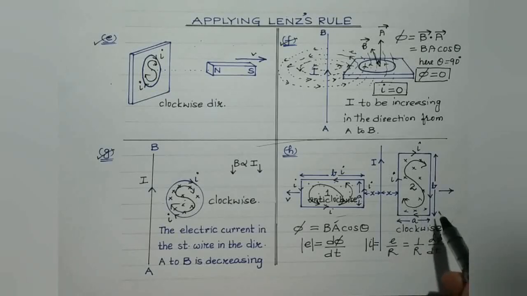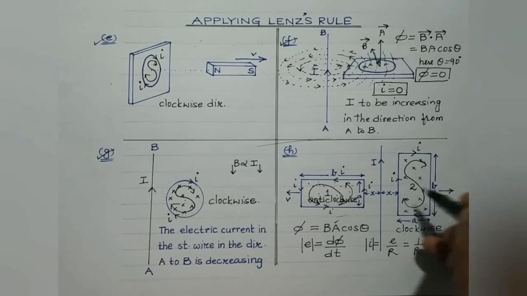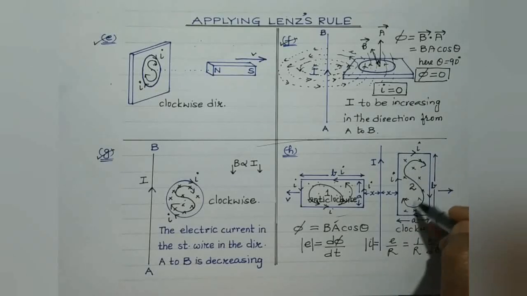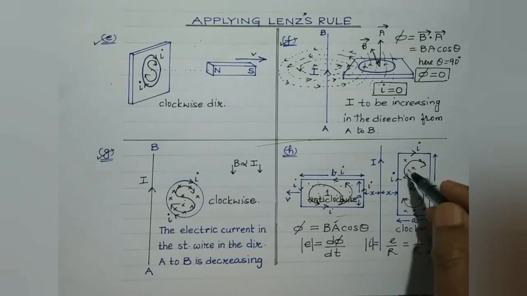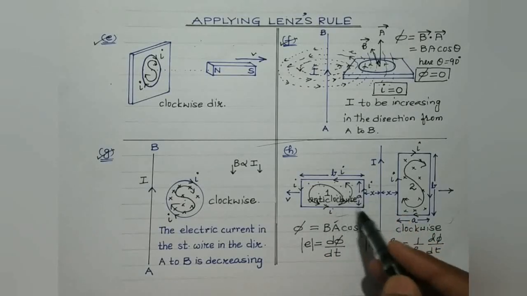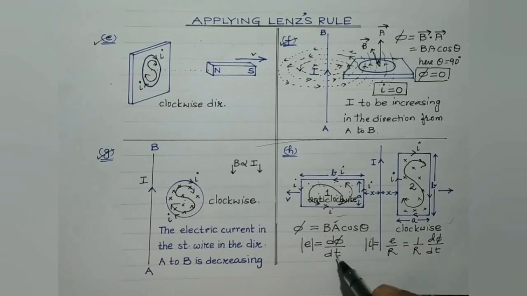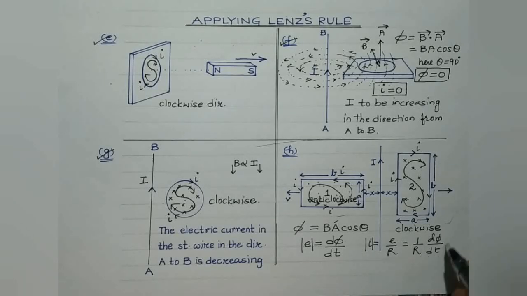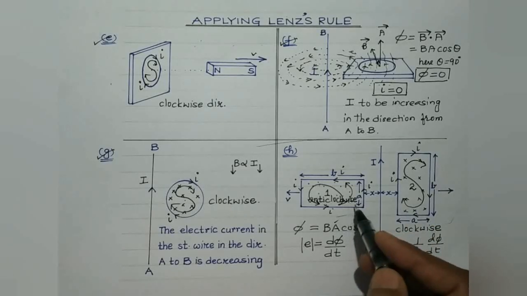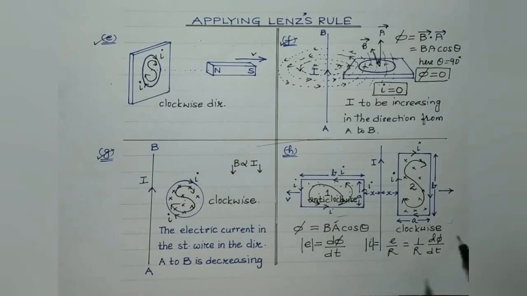It is because the rate of change of magnetic flux through loop 2 is greater than that through loop 1. Because consider this, as the loop is taken away from here, the effective area which comes under the influence of strong magnetic field gets changed. That area is larger. So more flux changes in lesser time, while in this case less flux is changing during the same time. So therefore the rate at which the magnetic flux changes through loop 2 is much higher as compared to the rate of change of magnetic flux through loop 1.